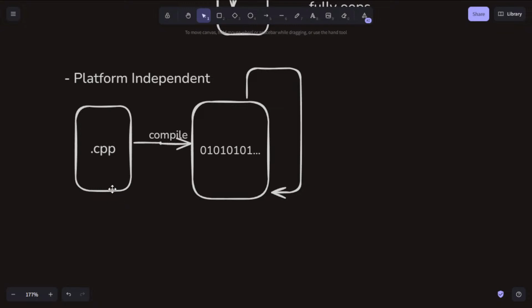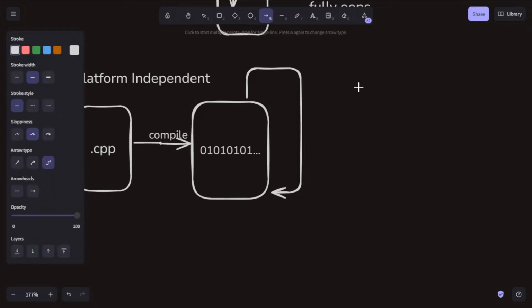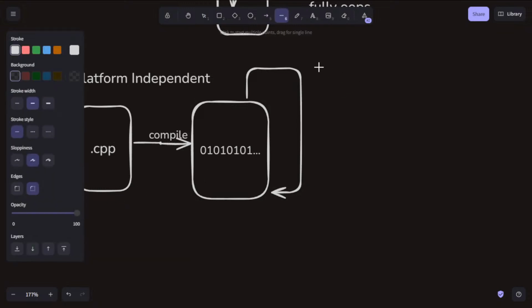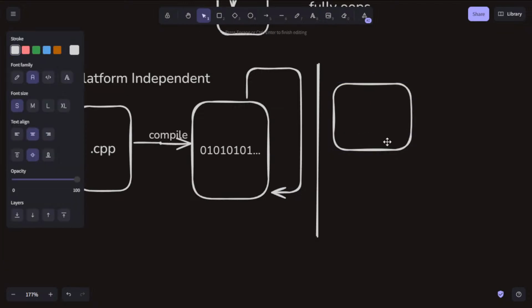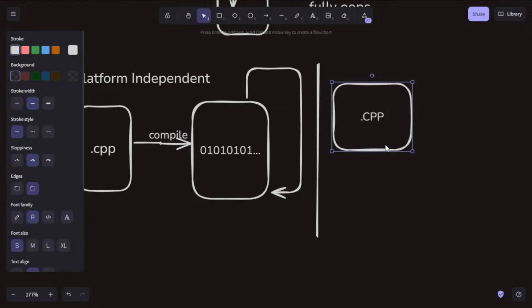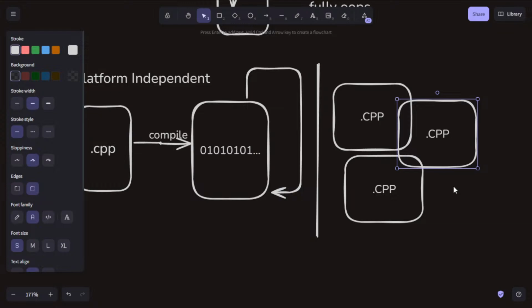It means that whenever you need to run the same C++ code on a new system, every time you have to send the .cpp file, for system 1, system 2, system 3, system 4.